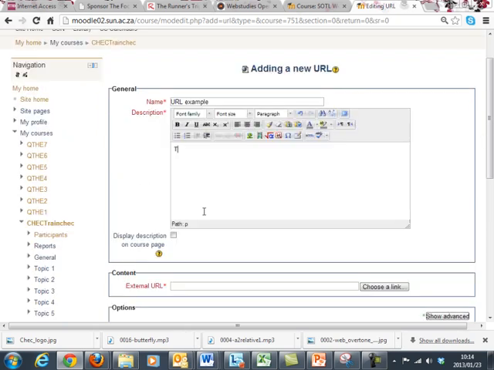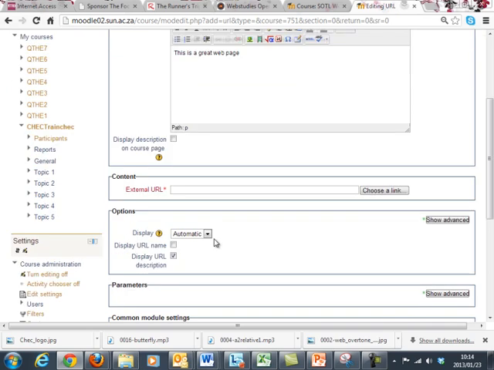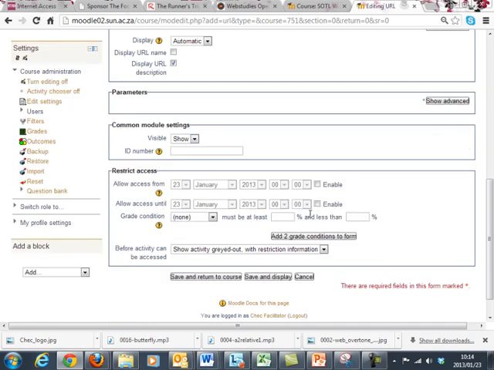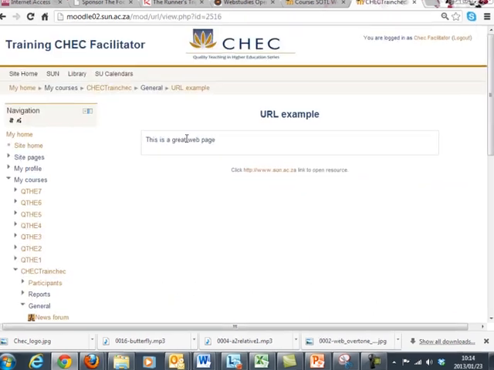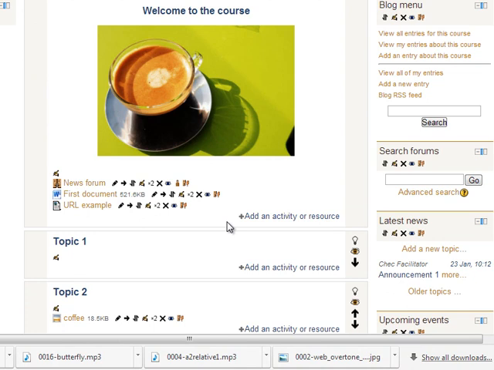Description is this is a great web page, and then the external URL obviously needs the full web address. So for example, if we put in the University of Stellenbosch web page, that's the URL, that's the web address, as it were. There's some parameters, and we say save and display, and there we have a third thing. So we've got the news forum, we've got a document, and we've got a URL example. So if we click on that,